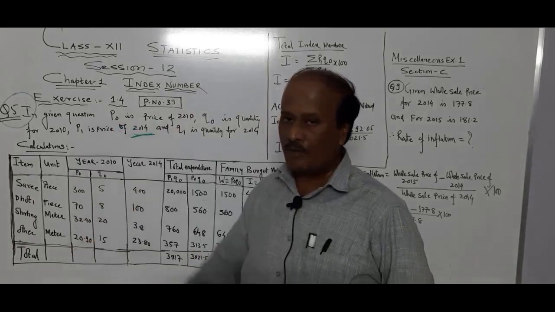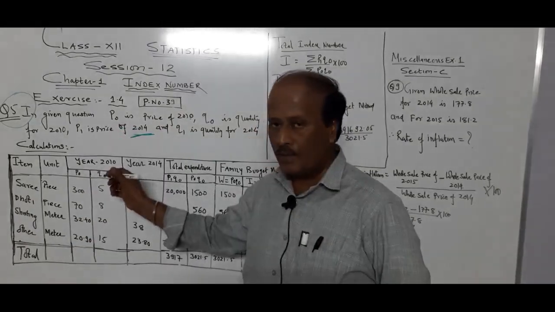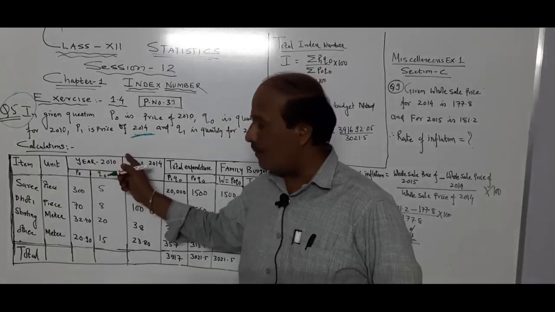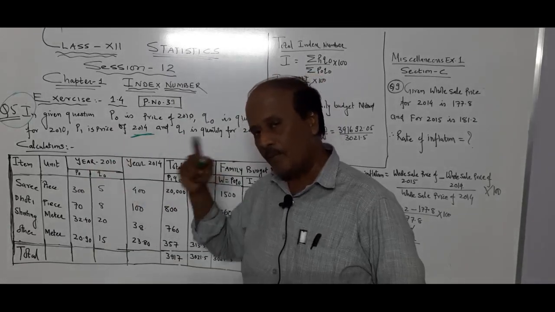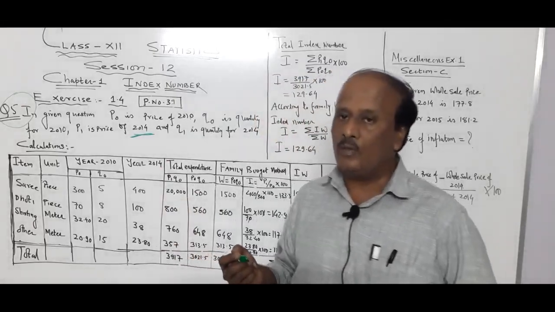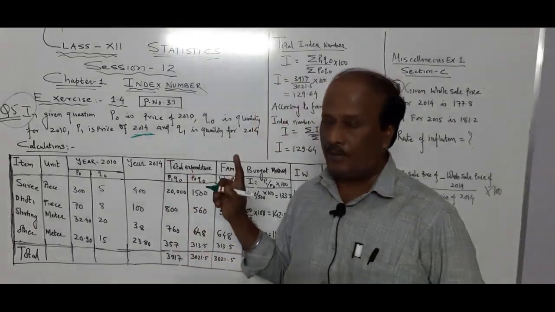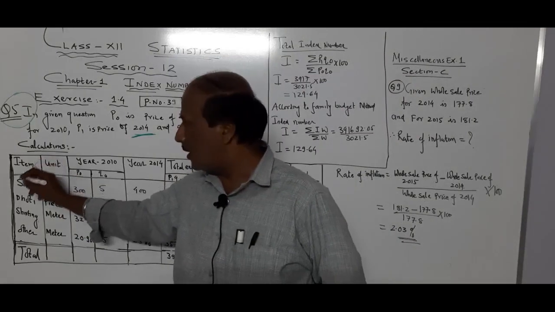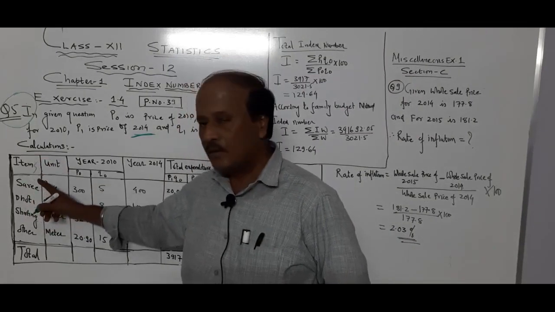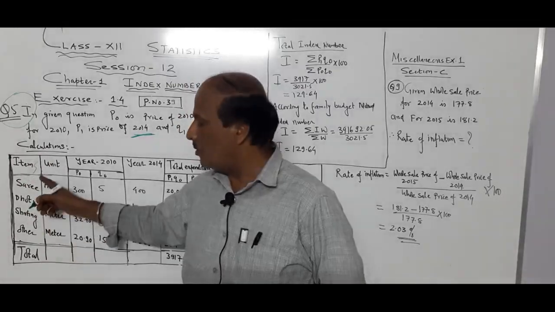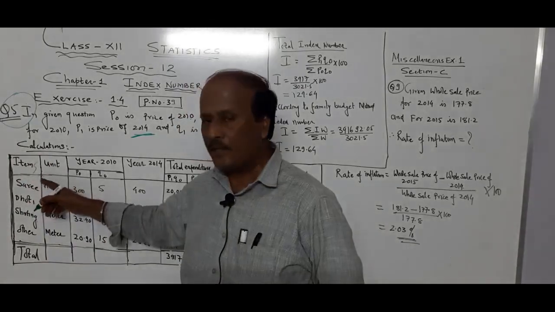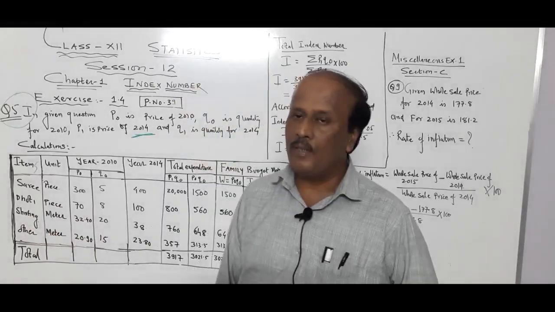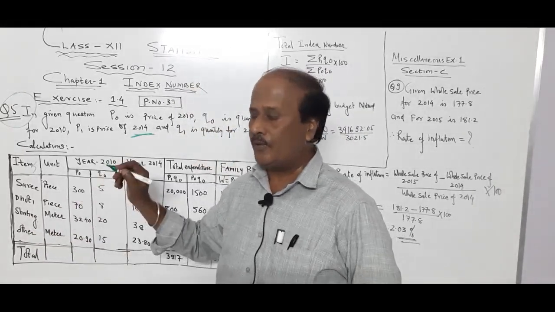So come on, question number 5. A nice table is given as a question. Just see in the textbook. Now, for calculation purposes, I am making this type of table. When you practice, you will know how to make this table. Now, items are given in the first column. Just go through the textbook. 3-4 items are given, so don't worry about the names. Here the items are sari, dhoti, shirting, and another. It can be A, B, C, D, E, F also.